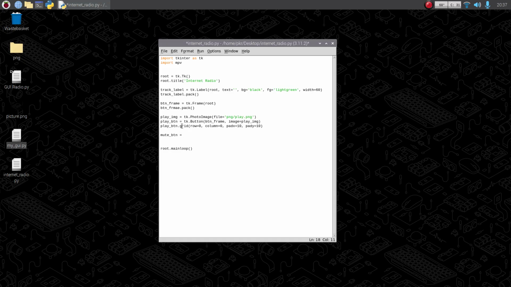Mute button equals tk dot photo image, file equals, and this is definitely a pause. I forgot my path, png / pause png, yep, and that should be mute, because that's my image. Mute underscore button